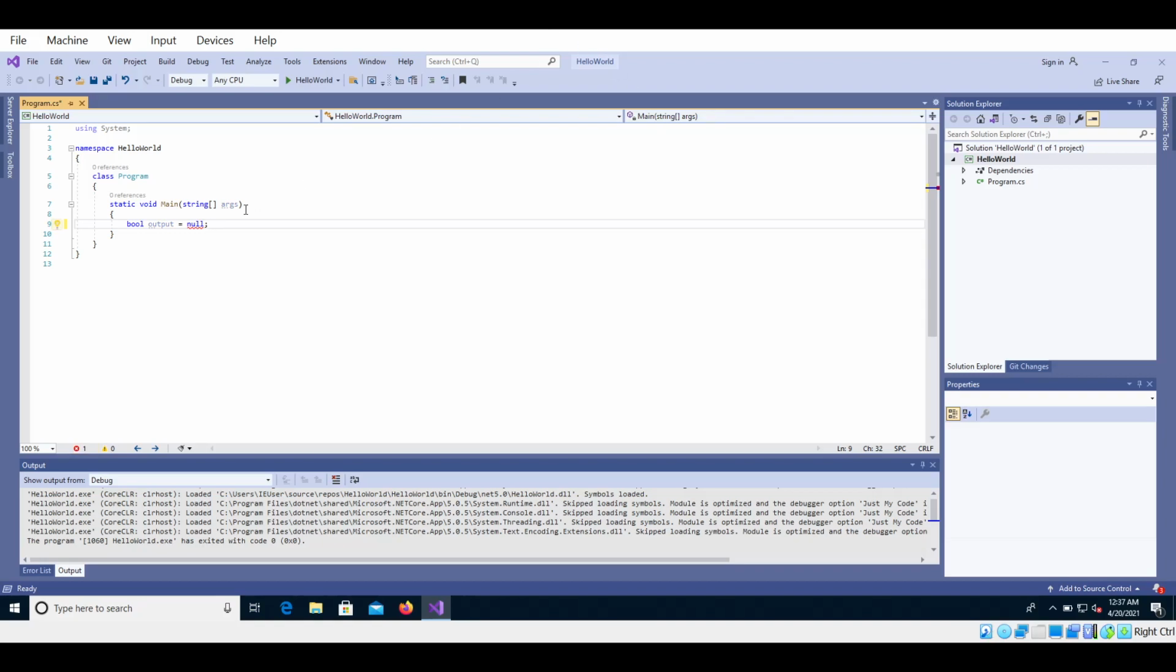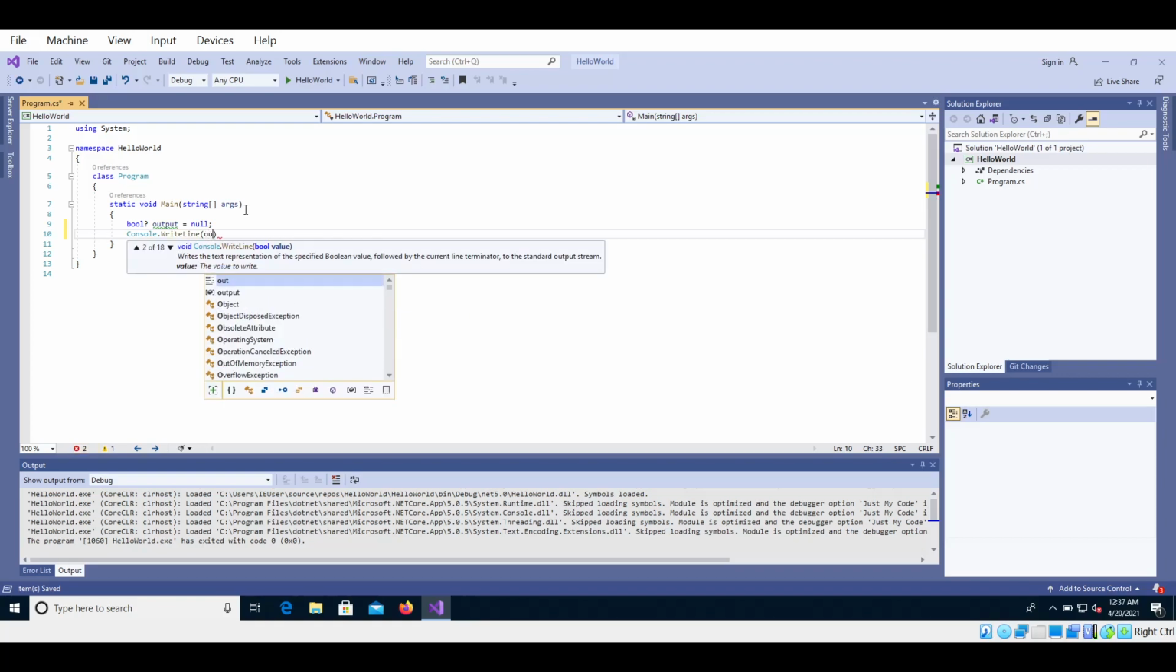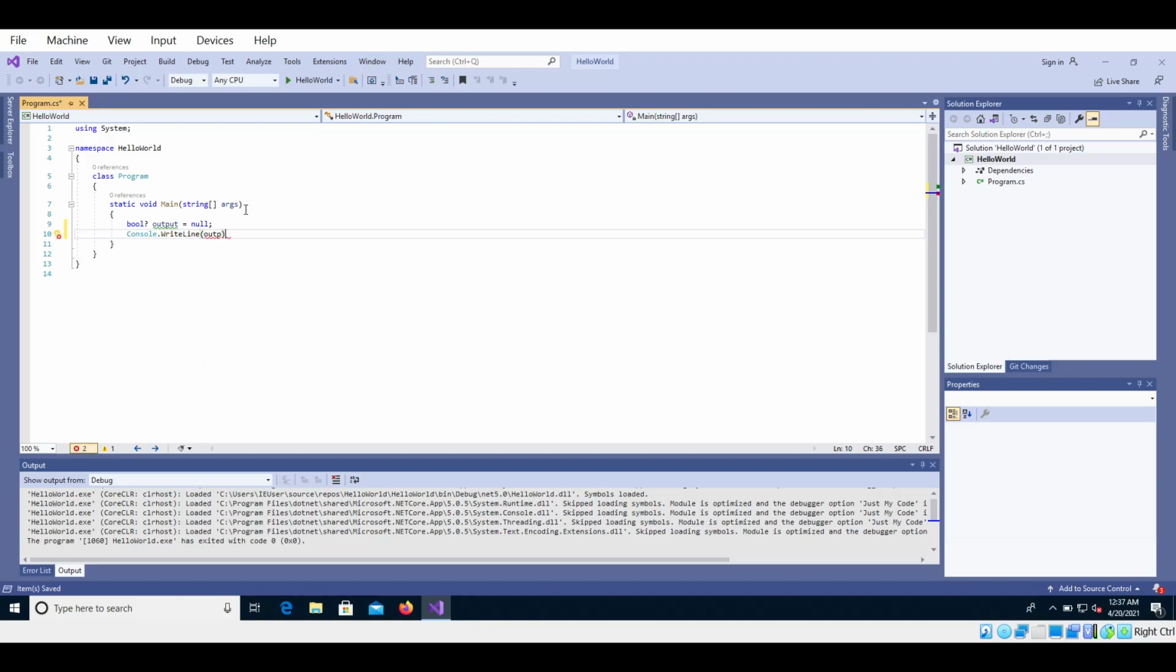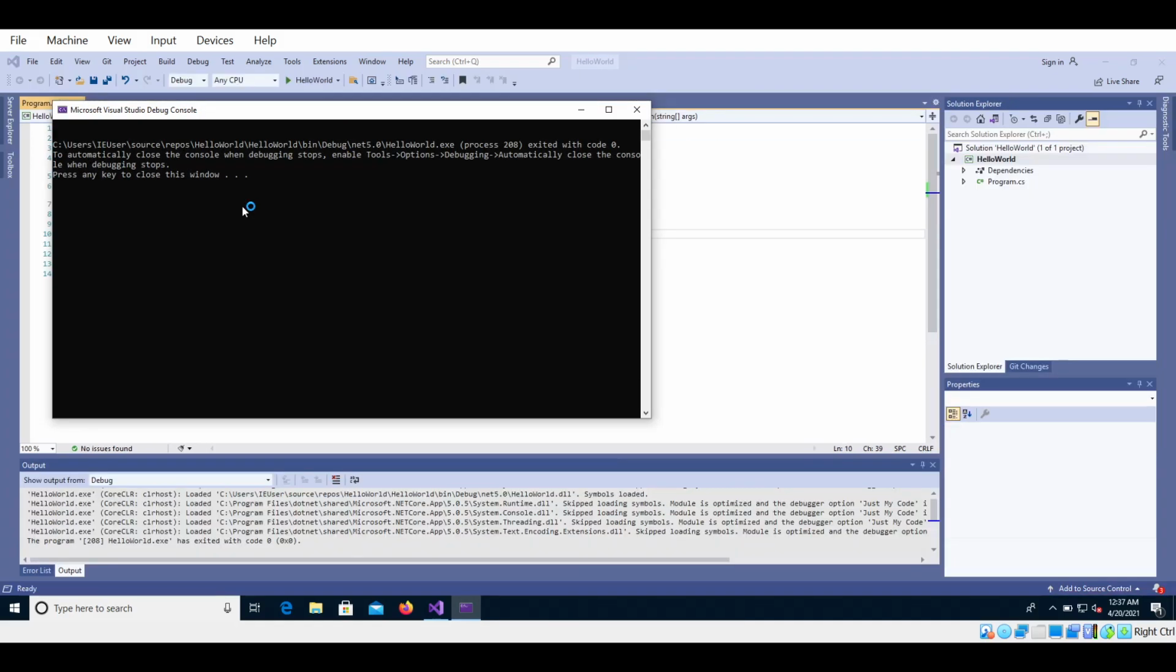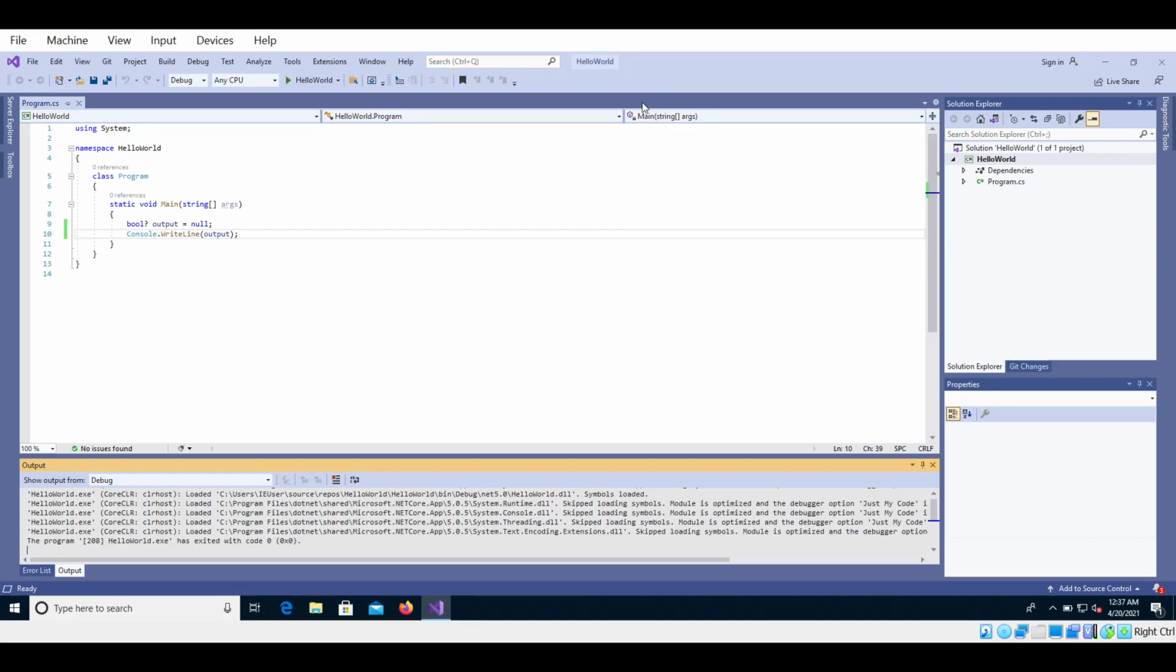Well, I'll get an error, so in order to do this I'll need to put a question mark here, and then if I try to output my variable, what will be the outcome? Nothing. Okay,